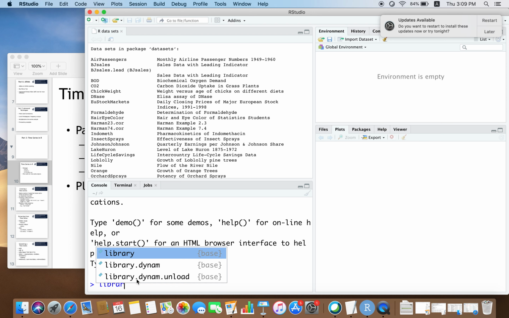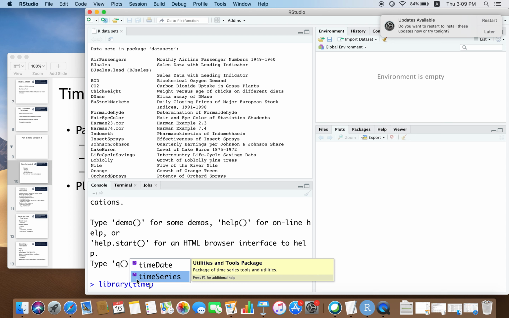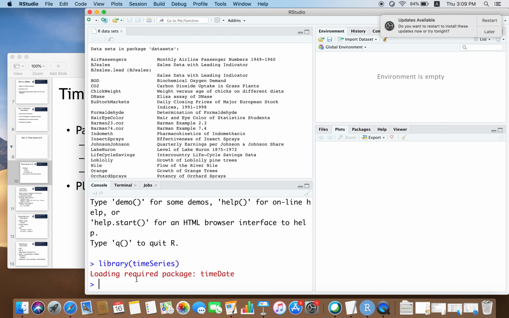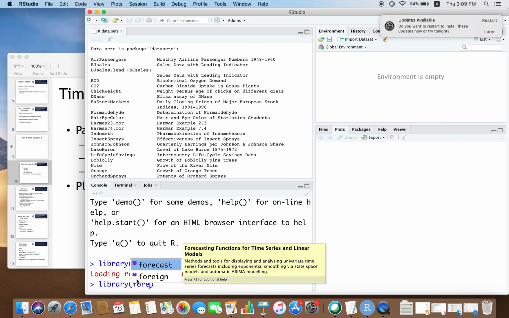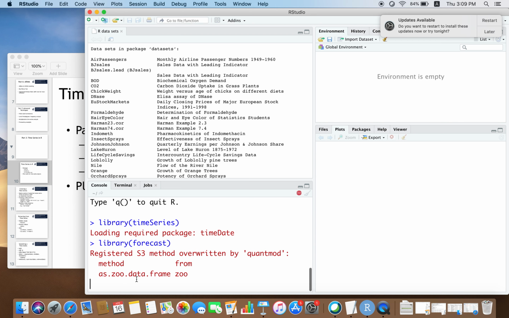So, now I will invoke the library for tseries. So, I am including the tseries library, which also includes another package called timeDate, right. So, let me also, I do not know if I will need this right away, but let me also include the forecast library,